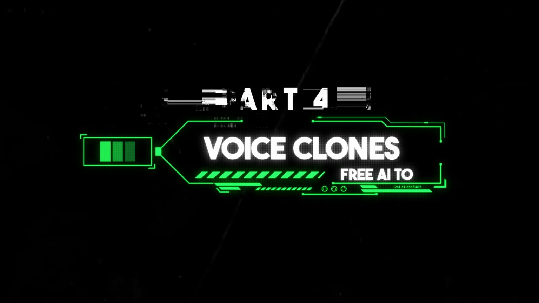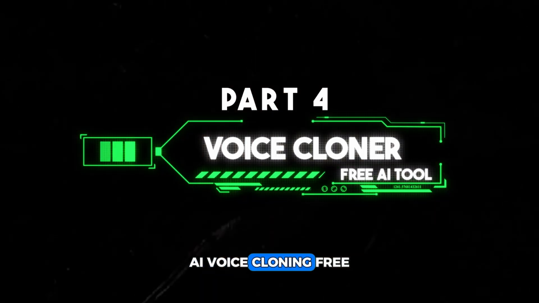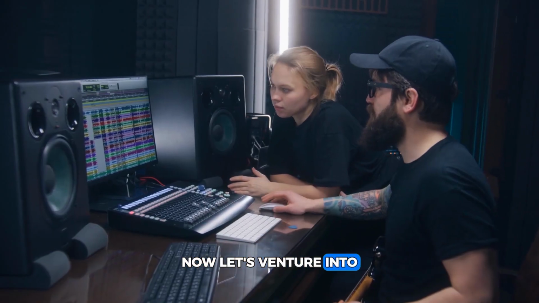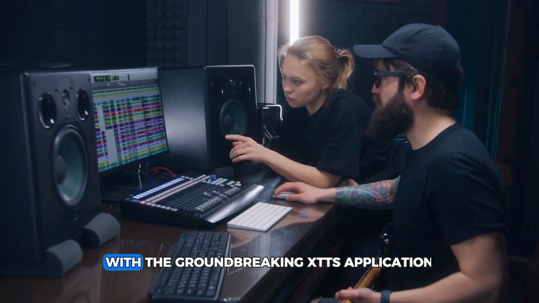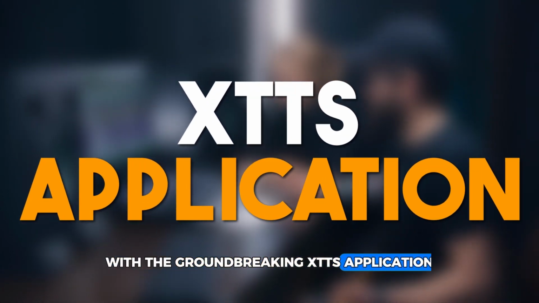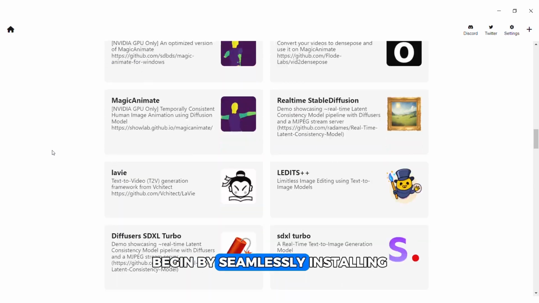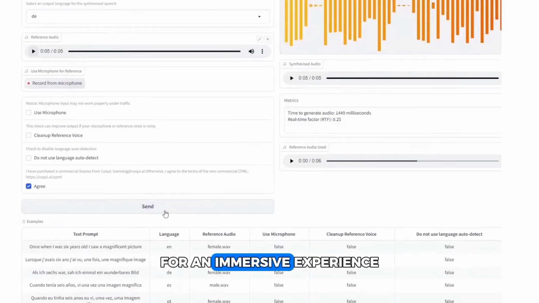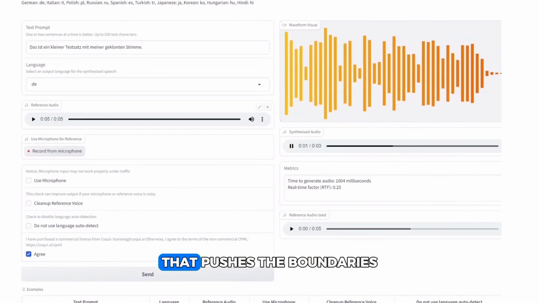Part 4. Free AI Voice Cloner, AI Voice Cloning, Free. Now let's venture into the realm of AI voice cloning with the groundbreaking XTTS application. Begin by seamlessly installing the XTTS app, setting the stage for an immersive experience in voice cloning that pushes the